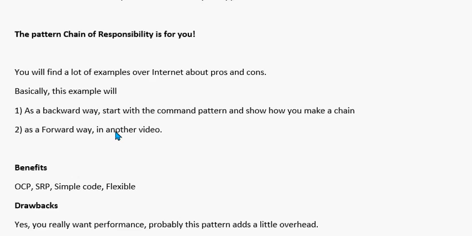In another video, not in this one, I will show you how you can do it in a forward way. You can see the example on CodeGuru, where you have a next handler. You have to expose a method that lets you add the next handler. At some point, yes, it will work. It's like a proxy, but